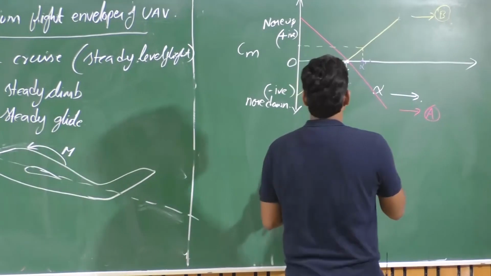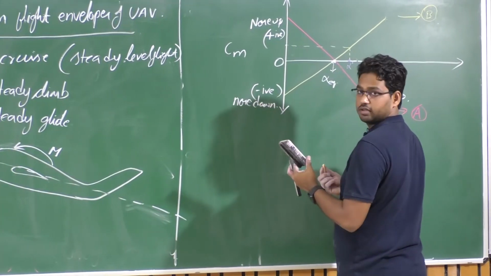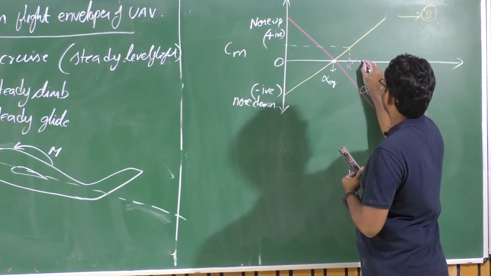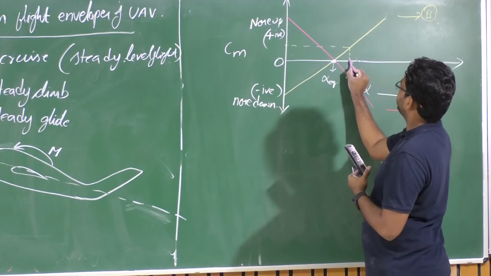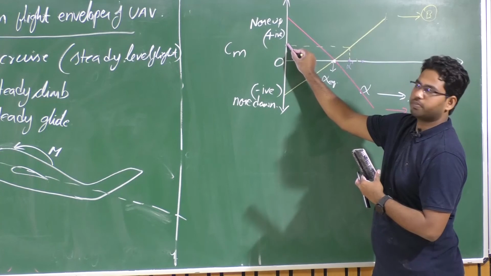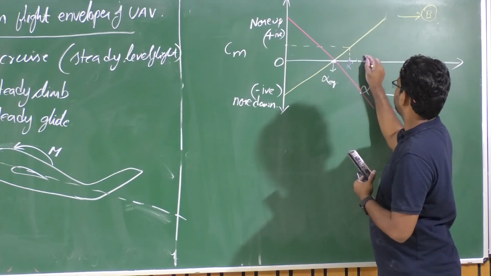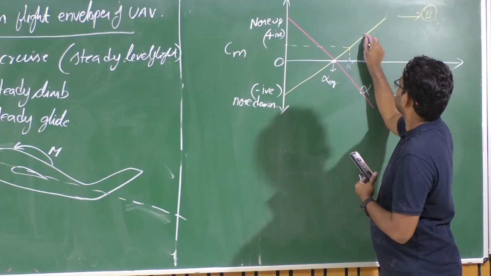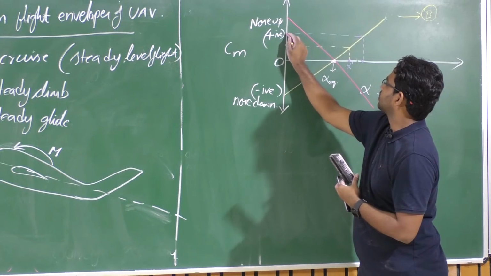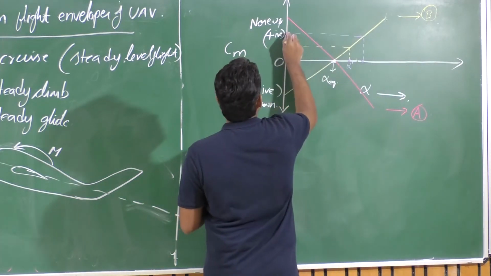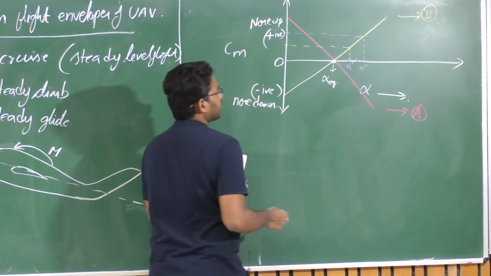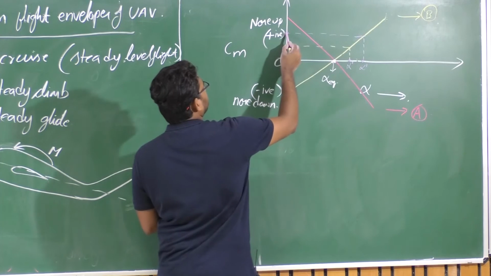So, convex up condition, right? That means this increase in angle of attack, for an aircraft with curve B, will create a positive pitching moment. That positive pitching moment further increases the angle of attack. Let's say this is alpha double prime, and this increase in angle of attack will further increase the pitch up